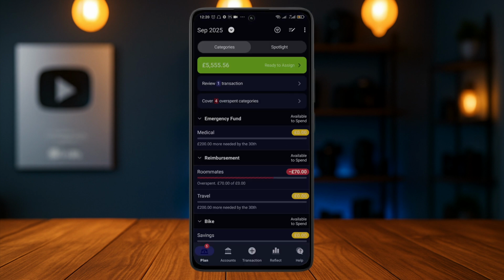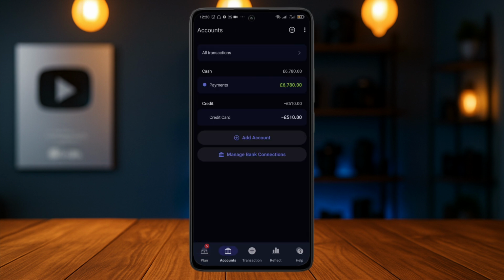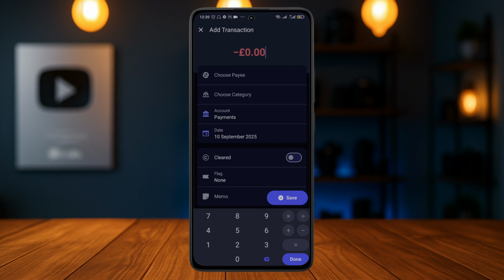Now, second of all, after you set in targets, what you'll also need to do is add in bank accounts by tapping on the account section. Through this section, you can add in your real bank accounts and credit cards so that you can simulate a real situation. Now, to carry out transactions inside of YNAB, you can tap on the transactions tab,